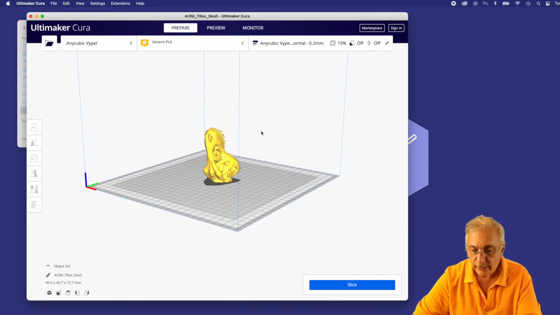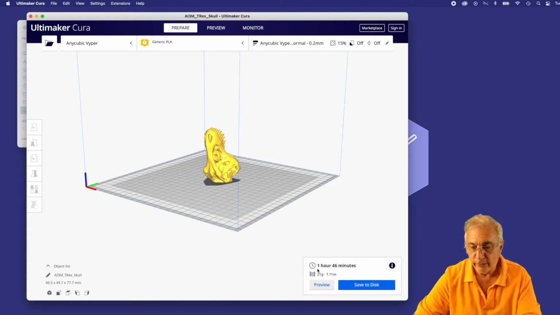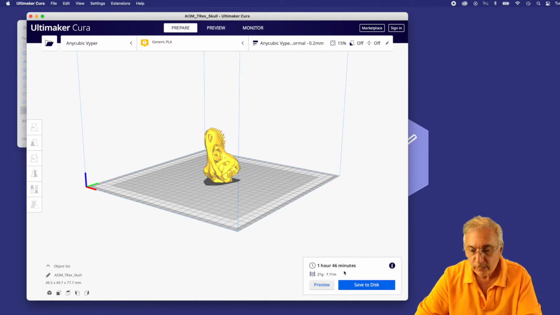So once you've got those 2 settings made, you click this big slice button here, and that's the part where it converts it from the STL model into a set of instructions called GCode, okay, for printing each layer of the model. Okay, so now it's been sliced, and Cura estimates it's going to take 1 hour and 46 minutes to print this. Okay, 3D printers are not terribly speedy. They do take a while, so it's going to take 1 hour and 46 minutes. It's going to use 21 grams